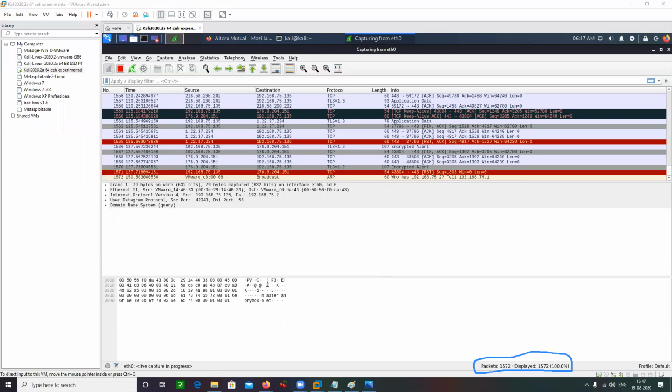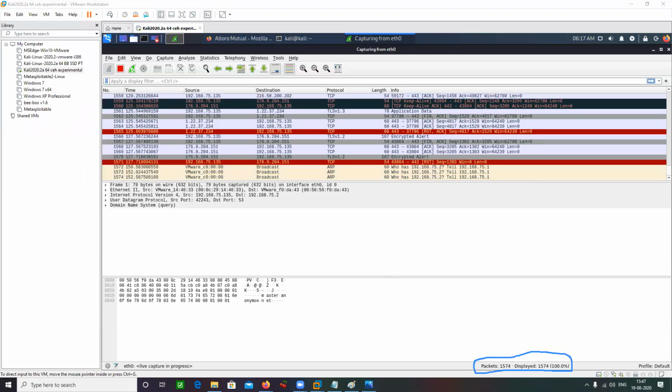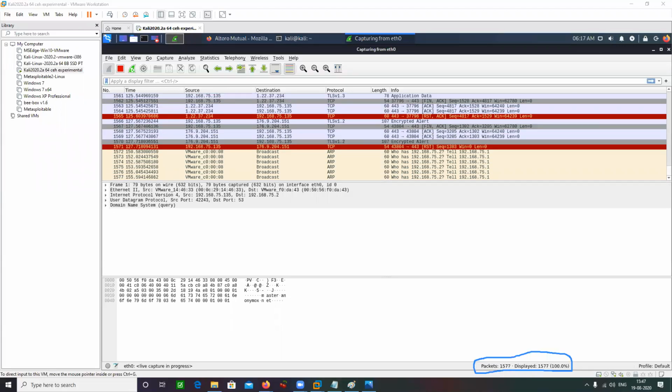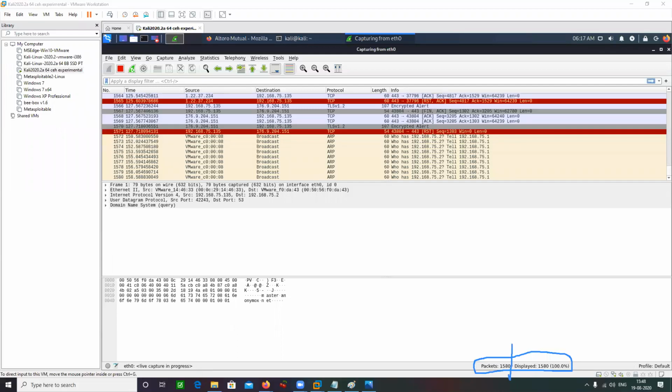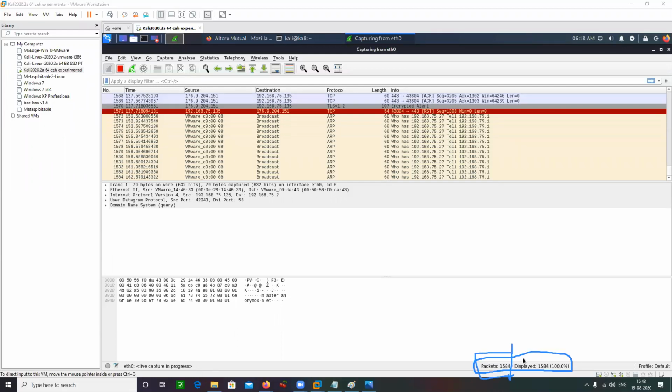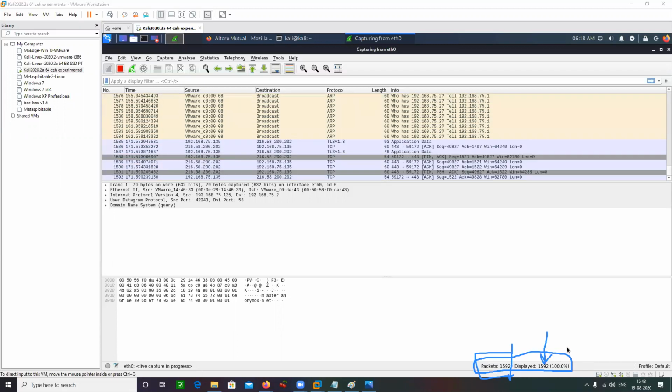So in the bottom most here where I have highlighted, you can see the number of packets which have been captured so far. And out of these packets, how many packets are being shown to me on the screen? That is mentioned here under the displayed field.